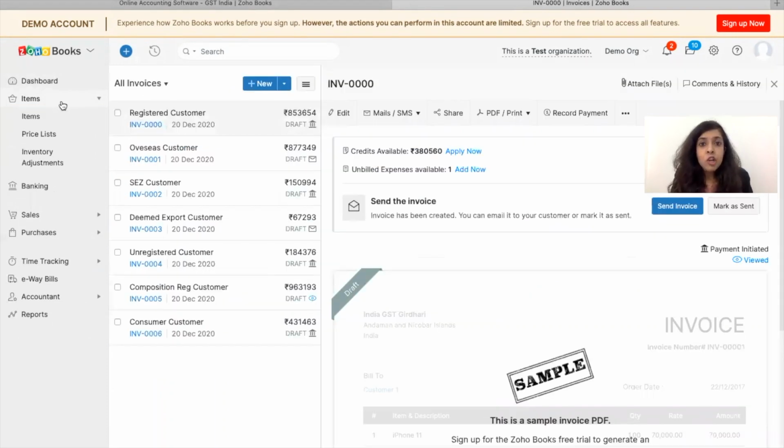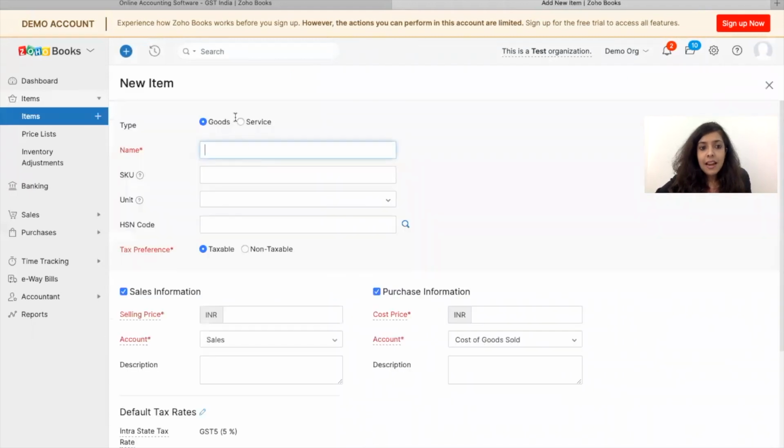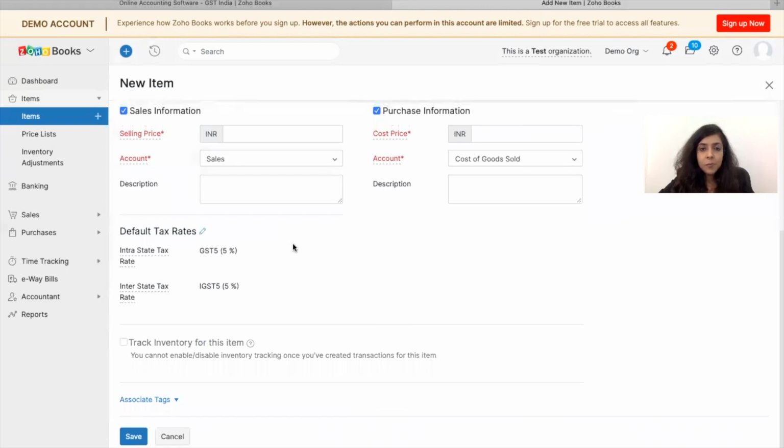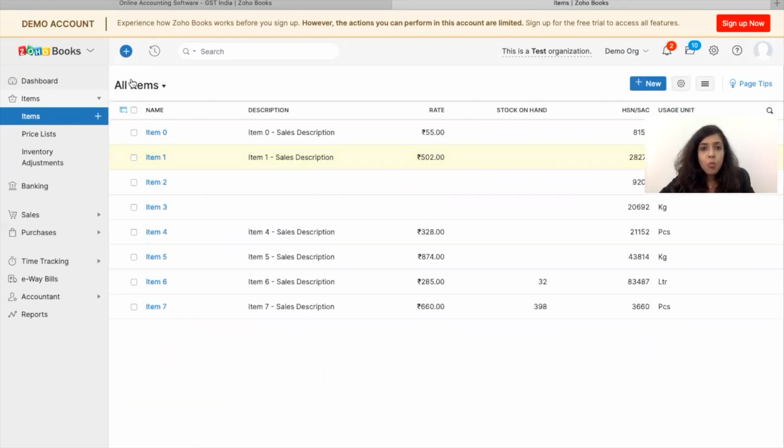So once you've booked the items, you know what is the stock at the start of your business. Before starting the business, you need to ensure that all the stock is actually uploaded. If you're providing a service, there will be no stock as such, but you can just add the items and keep them. So for example, if you're an architect, the item would be something like this. I say add item, I go to service. I can say professional fees for architectural services, right? So that way this item gets created. You can create the items and keep them just before you're going to start your business. That is step 1 for you.